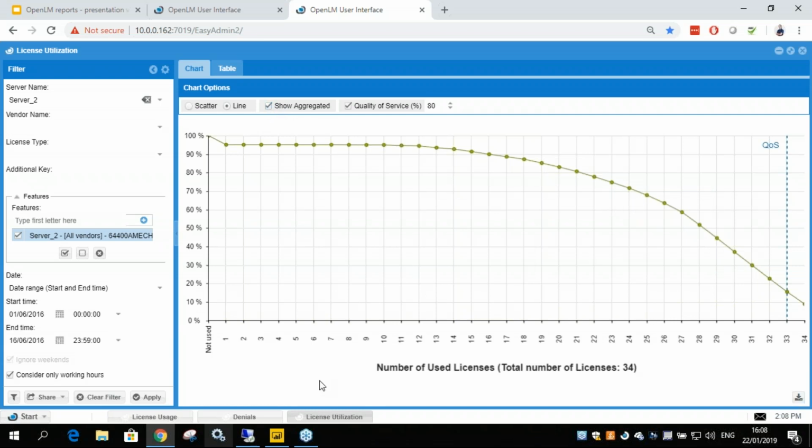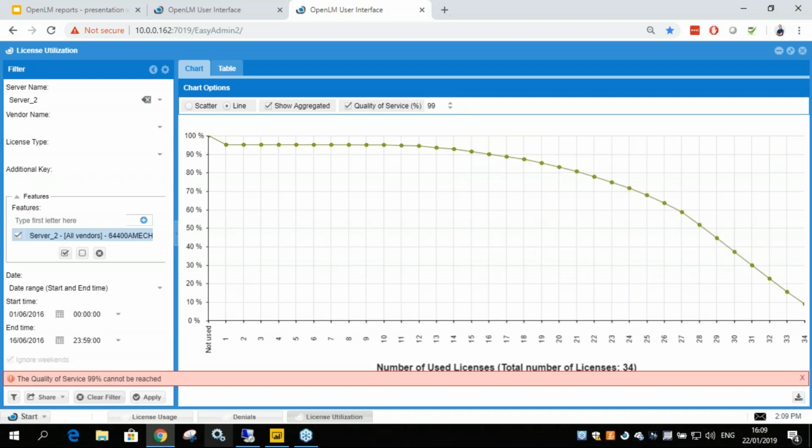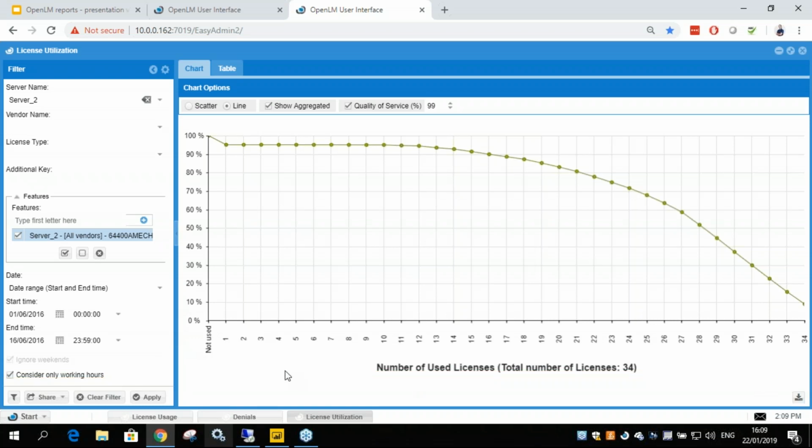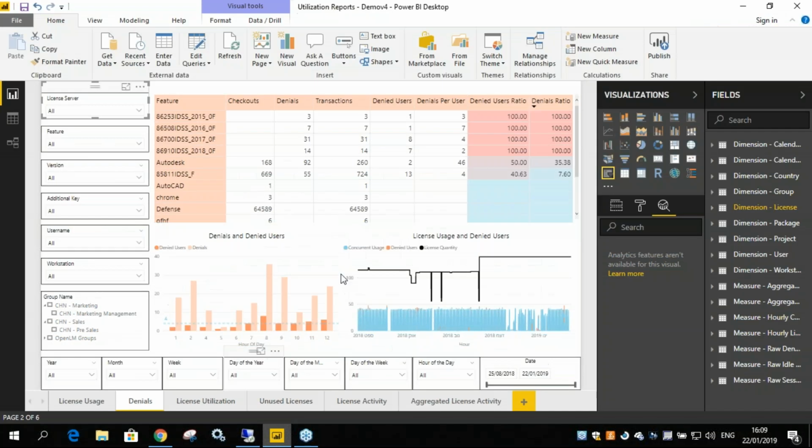But how do I get the number I need? So here I know I have 80%, but what if I want to go over to 90 and 99%? Now, what happens there? It cannot be reached. The embedded OpenLM system cannot give you a concrete number. Now, moving to the reporting hub right here,